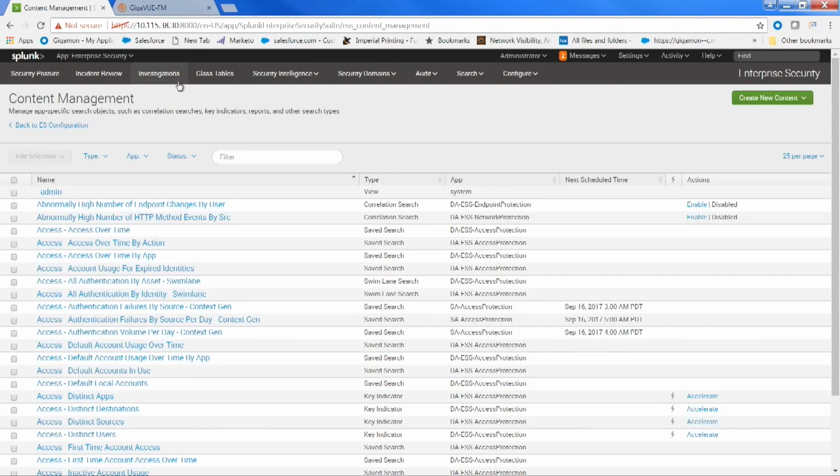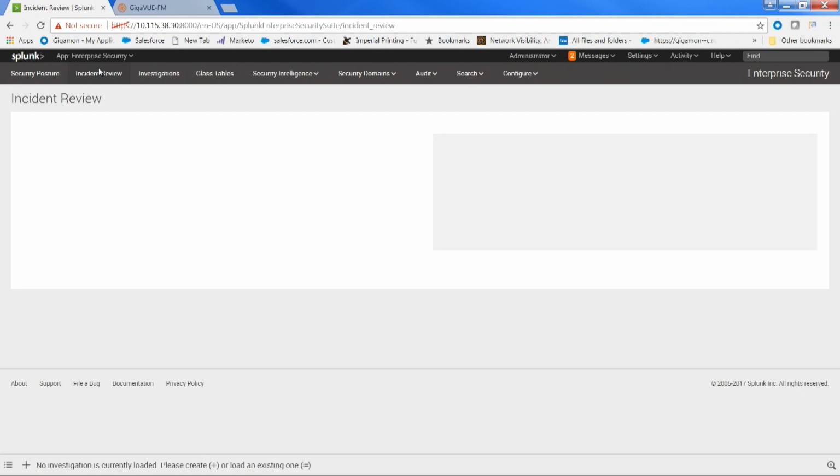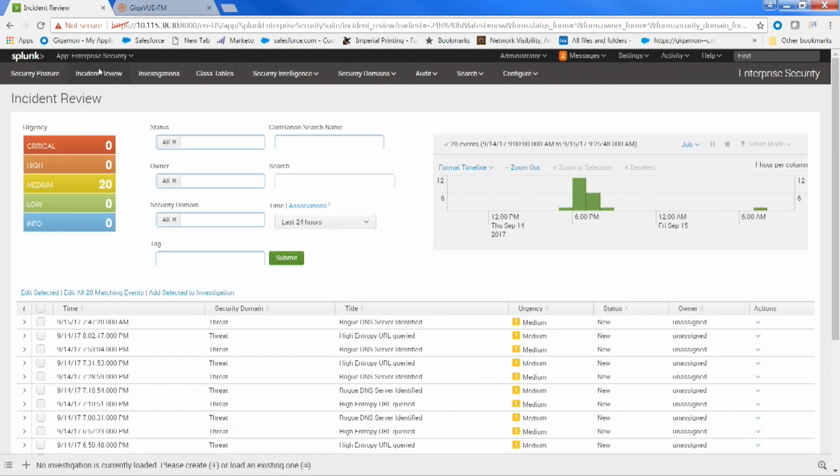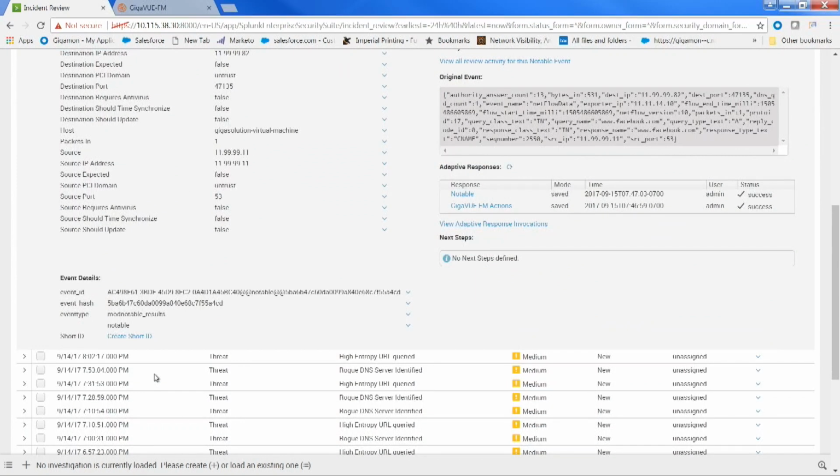And let me just go to incident review. So in incident review, what happens is whenever there's a search which results in an event, we have a search right now. We showed that there was a DNS query, and then it has come out. So whenever there's a search resulting in an event, we could come and see here that there's a notable event identified. So if you just expand it, you could see that we identified a rogue DNS server, and if you just scroll down, you can see that there's an adaptive response section where there was a GigaVUE FM action taken. And then you could see the status. In our case,